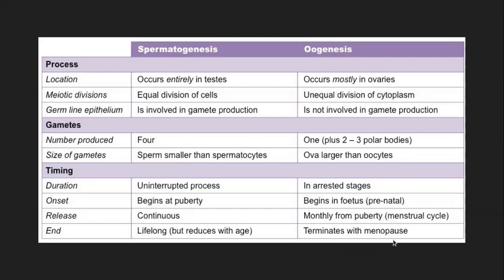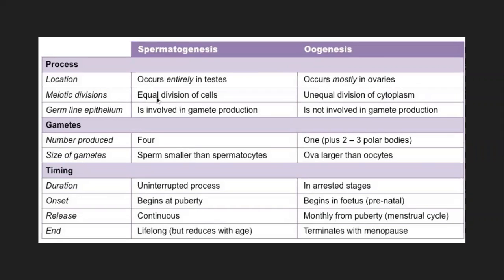This, I guess, we had not seen, but we can just quickly go over it. So the difference between the male gamete formation and the female gamete formation is mentioned here, in terms of location. Spermatogenesis totally happens in the testes, while oogenesis occurs mostly in the ovaries, not completely, but mostly. The rest of the maturation, you remember, happens in the fallopian tube when the ovum is getting fertilized by the sperm. So that's why it is seen mostly in the ovaries.